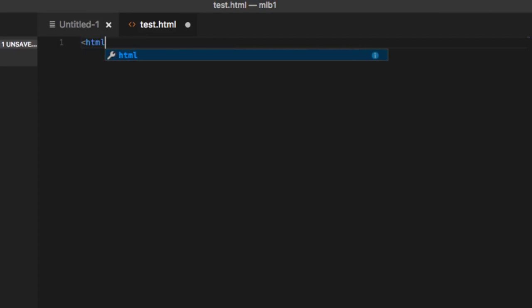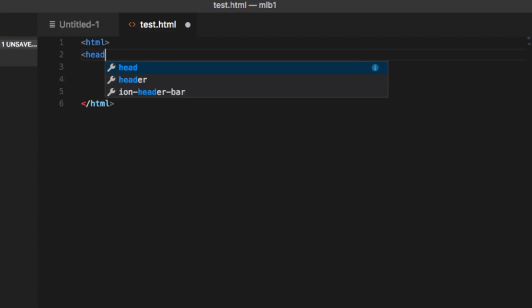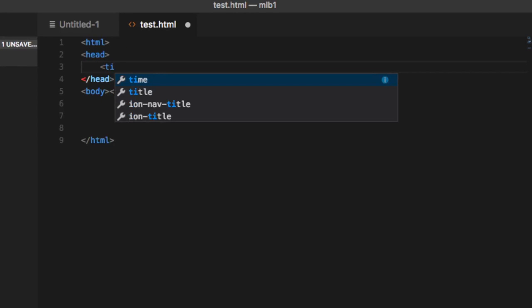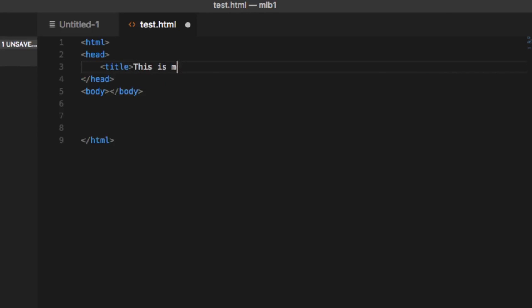So we start with the markups HTML, and in between them, we create the head for the header of my HTML, and also the tag body. And let's make a content here on my head, like the title of my web page. Let's go, this is my first HTML,